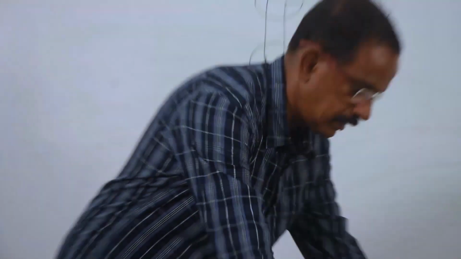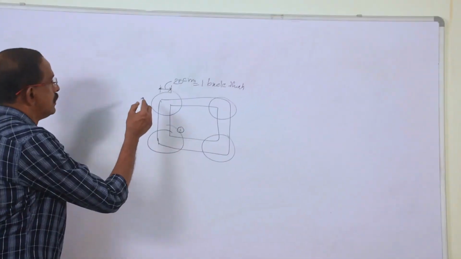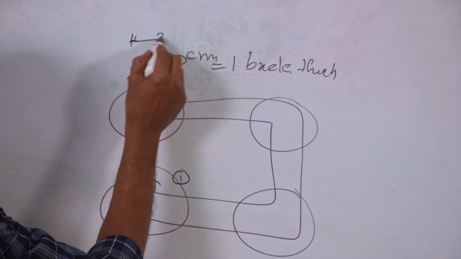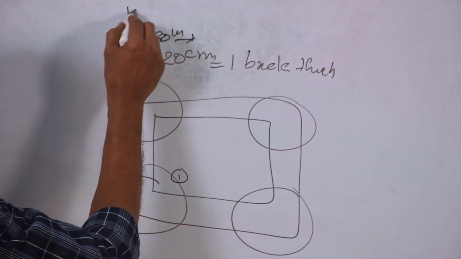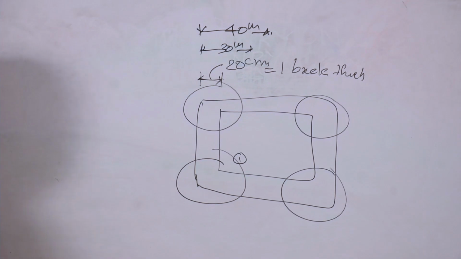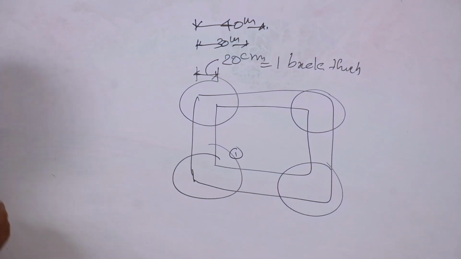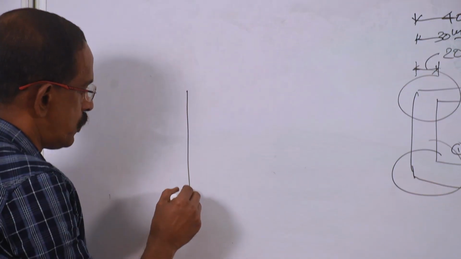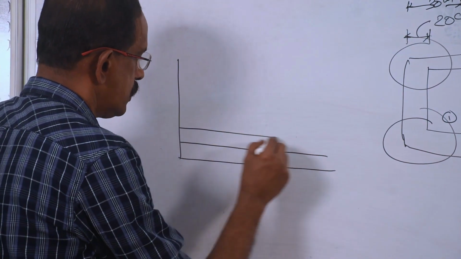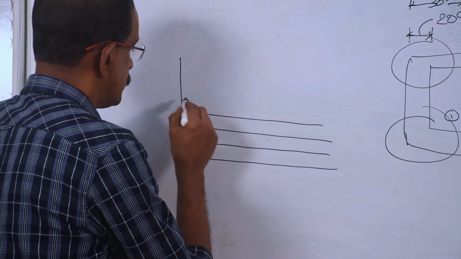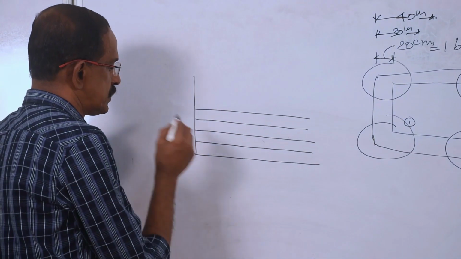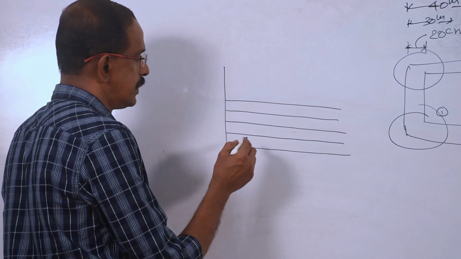So we will see the possibilities: if the thickness of the wall is 20 centimeter, 30 centimeter, or 40 centimeter, using English bond and Flemish bond. First we will see the English bond, and the arrangements for 20 centimeter wall, 30 centimeter wall and 40 centimeter wall. Then we will move to Flemish bond. So first, arrangements of bricks in English bond.